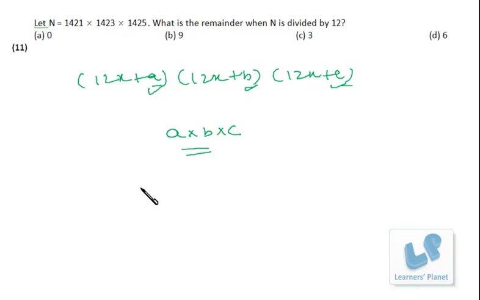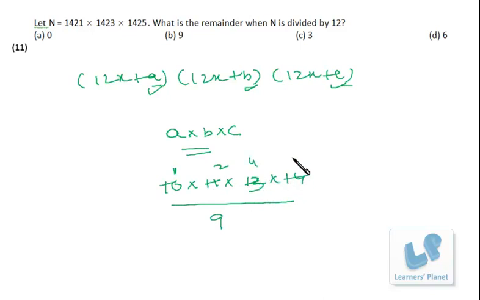Just take a small example so you'll be better cleared. Suppose I have 10 into 11 into 13 into 14, and I wish to find the remainder if I divide this expression by 9. What you do is divide the individual numbers by 9 and get the remainders. Here the remainder is 1. Similarly, if I divide 11 by 9, I'll get 2 as a remainder. In this case, I'll get 4 as remainder. In this case, I'll get 5 as remainder. Now just multiply all the remainders once again and finally get a remainder after dividing by 9.